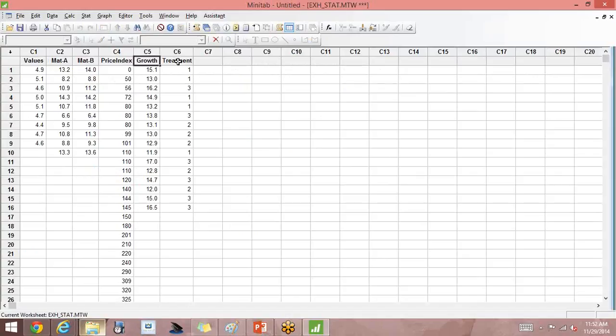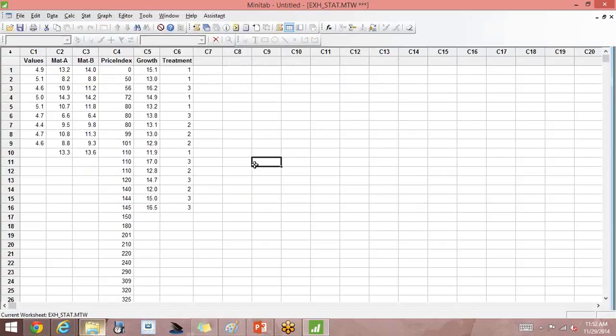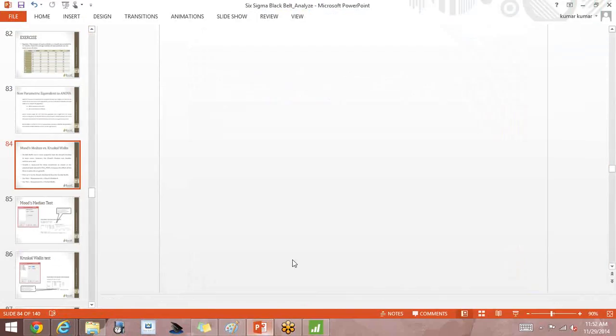So here is the growth and treatment. Treatment 1, treatment 2 and treatment 3. Three types of treatments are given to people and they are measuring the hair growth. How are people responding? Okay, school is closed on Saturday. All right. So first things first, let us do